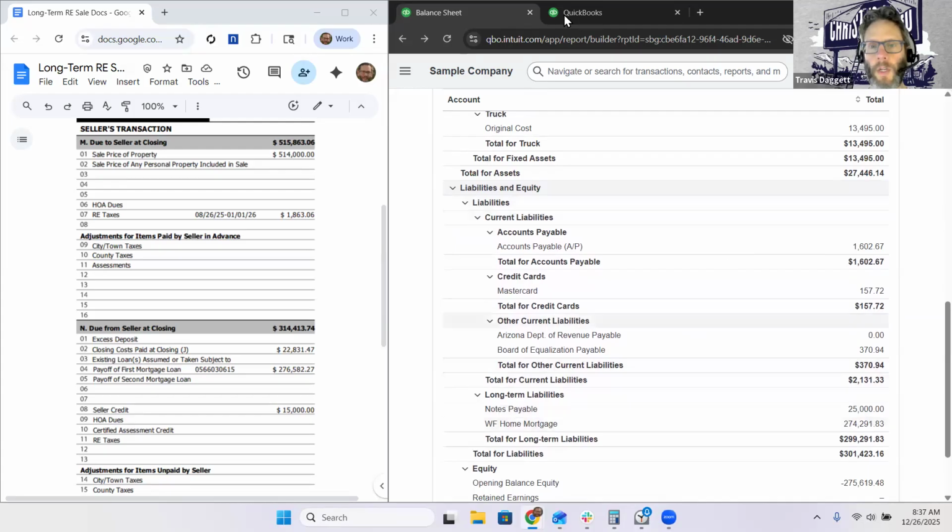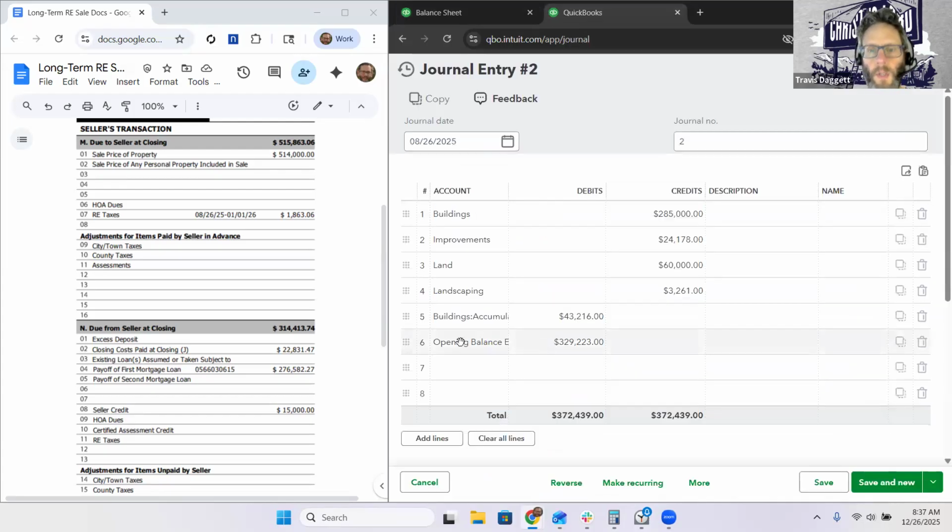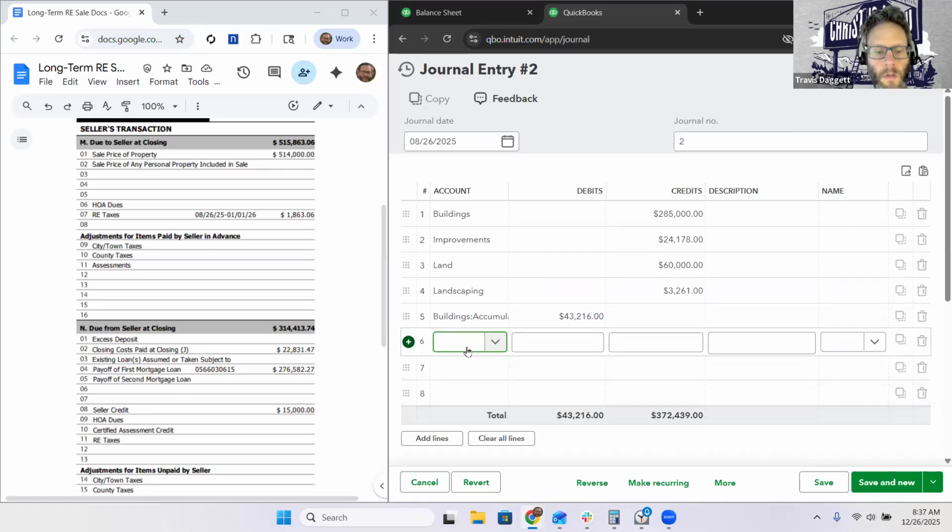That's 274,291.83. And that normally holds a credit balance, so we know that's what we need to zero it out. Now we run into something